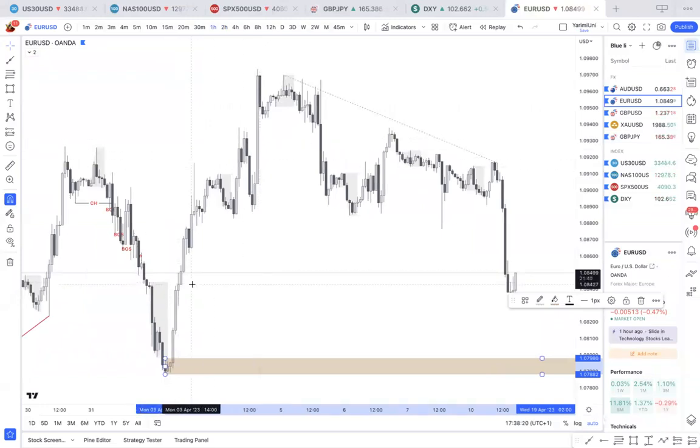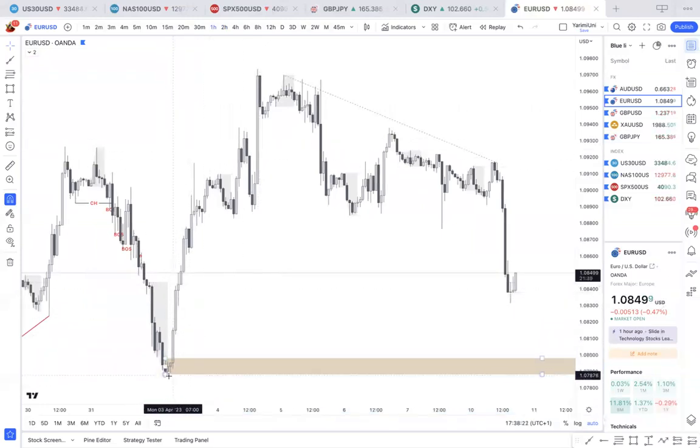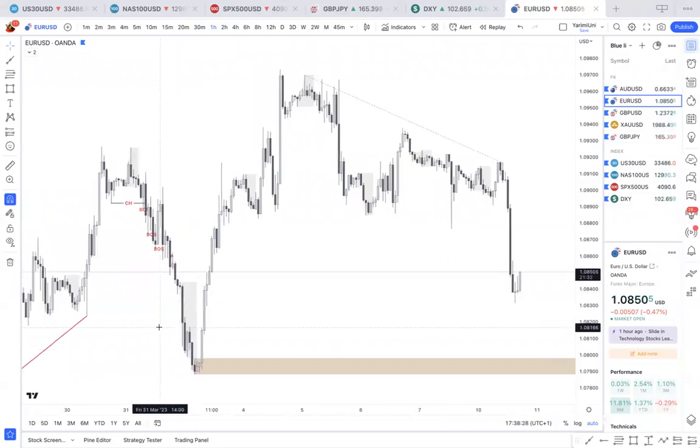Now upon refining it to the 1 hour, I can see that there's an Asian low here. So what does that tell me? This low may be liquidity. Sometimes you guys are saying, oh, how do I know, based on the course, this area is liquidity, that area is liquidity, etc. Any old high or old low is liquidity because retail end up seeing it as a place of support or resistance. So this area is liquidity.